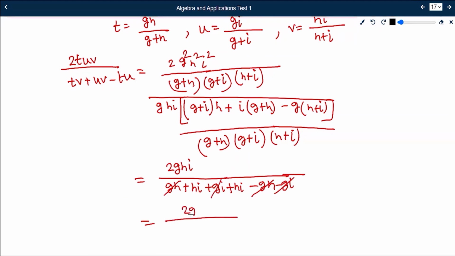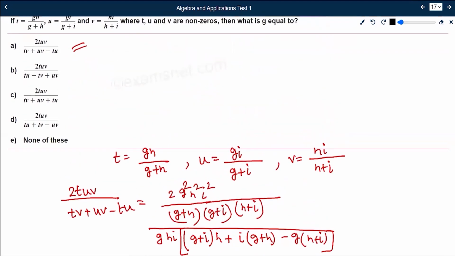So 2ghi by 2hi, yes, this results equal to g. So here option A is the correct one. Okay,